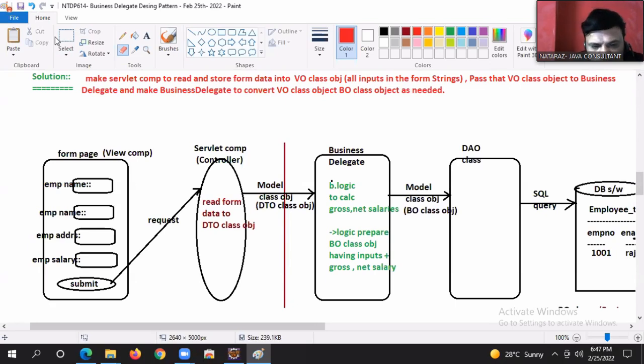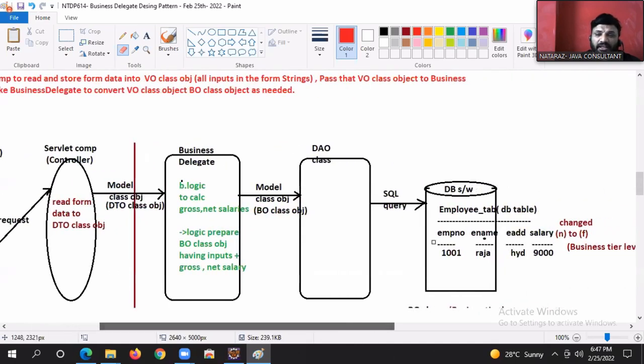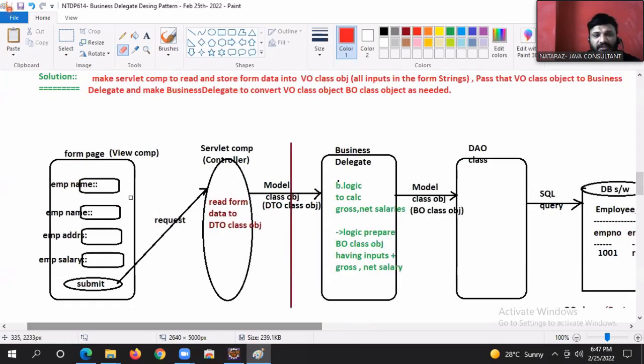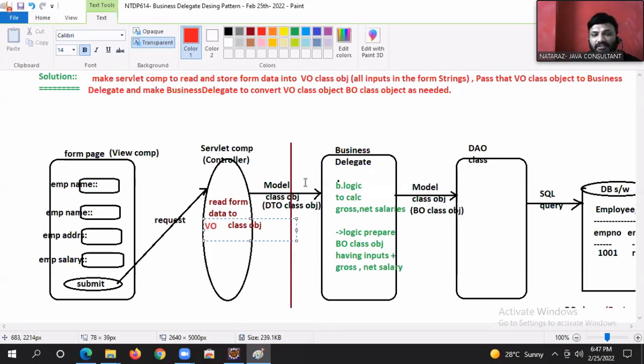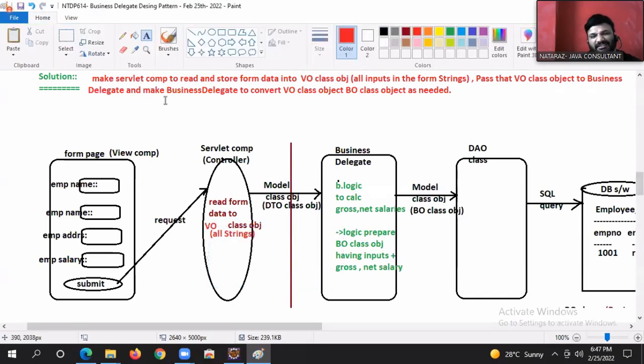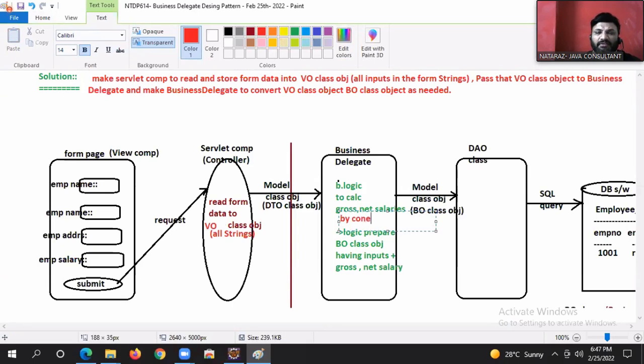Come on. Form page, guys, view component, servlet component, controller, business delegate. Here is my DAO, here is my database software. Everything is same. Read form data to VO class object. What class object? All strings, guys. All of them are strings. Business logic to calculate gross salary, net salary, by converting